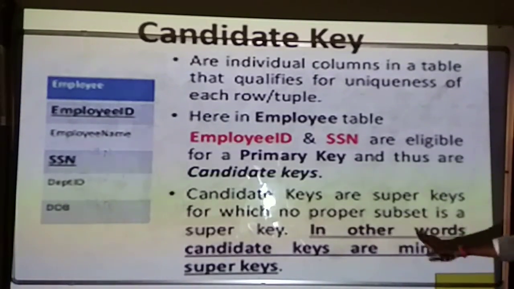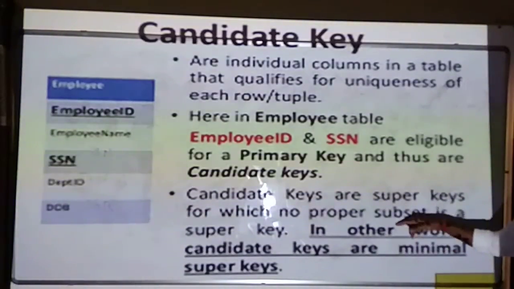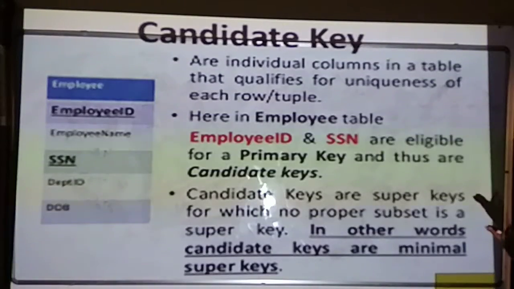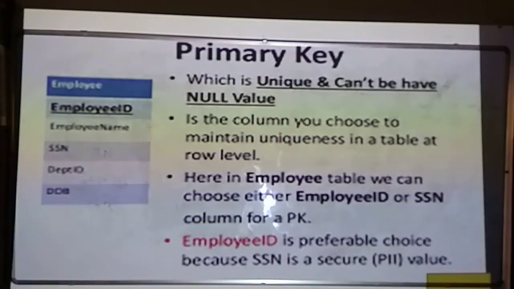Okay. Now these candidate keys should be found in order to create a primary key, I can say. What is the primary key? That we will discuss in our next slide. Okay. Now I'll go for the next one. So this is your primary key, and it is very important in order to create your table, in order to access your table content in a unique manner, I can say.